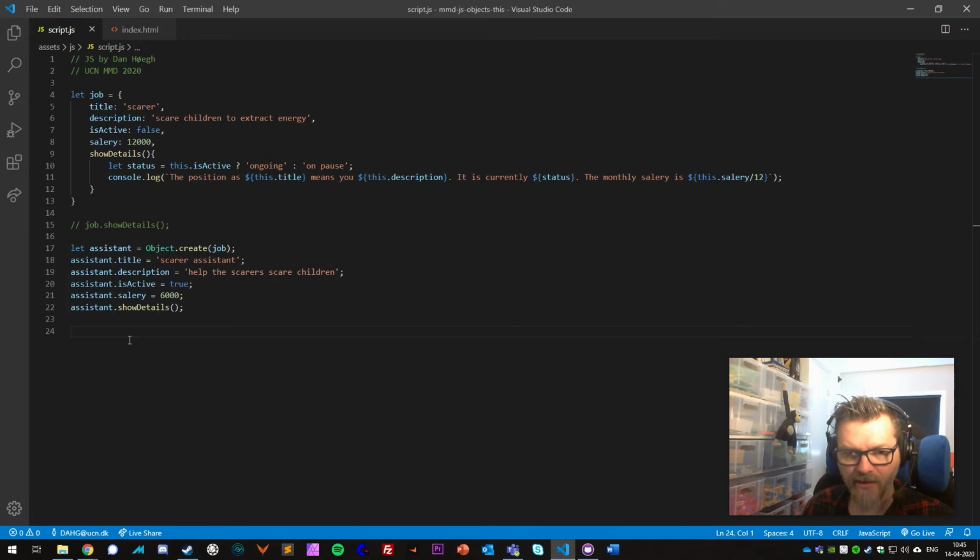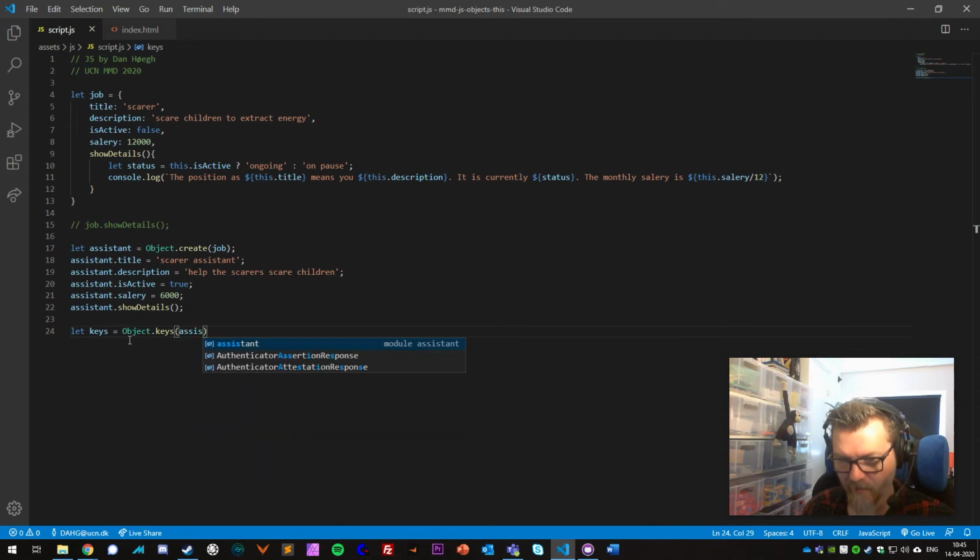If we say let keys be equal to Object.keys, and we want the keys of the assistant object, it wouldn't matter because they are actually the same, both job